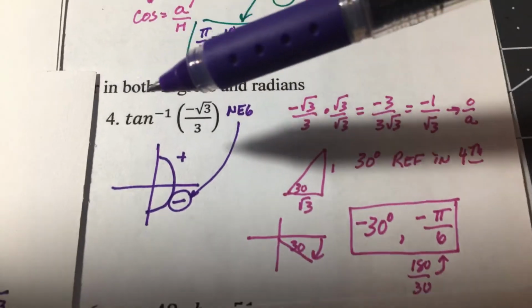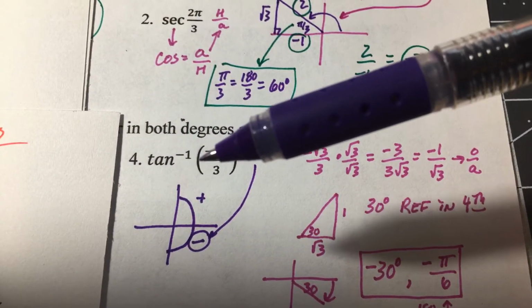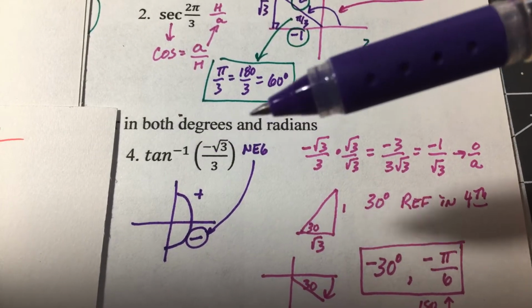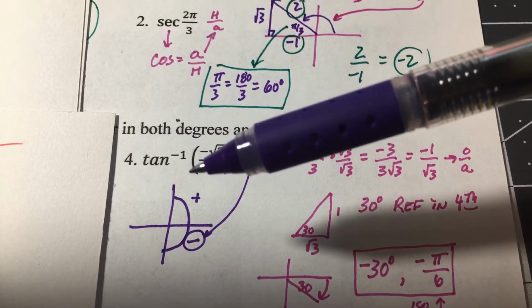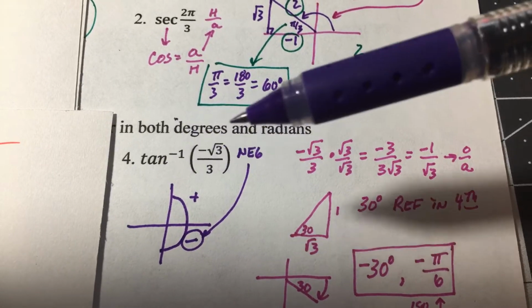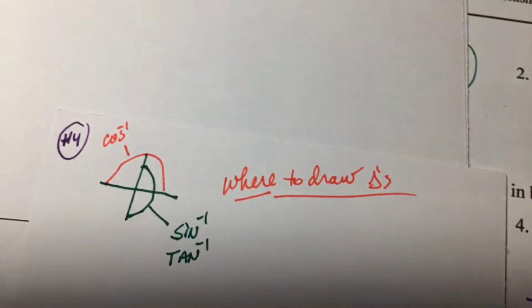All right, on number 4, we're doing an inverse tangent, so we're doing something different than we did on number 2, okay? We're doing an inverse tangent of negative square root of 3 over 3. So that means we need to find the angle that when we do the tangent of it, we get this answer. Now the first thing you got to do is figure out where to draw your triangles,